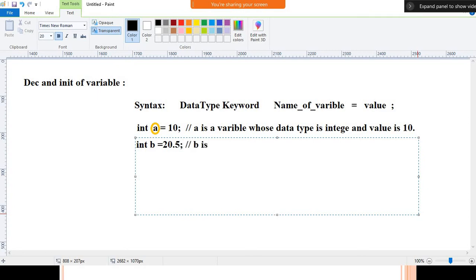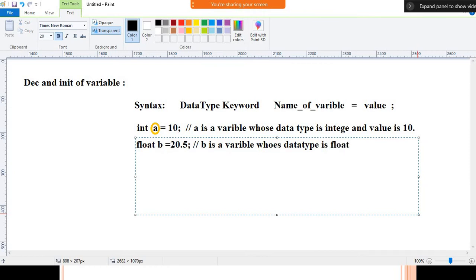B is a variable whose data type is float.